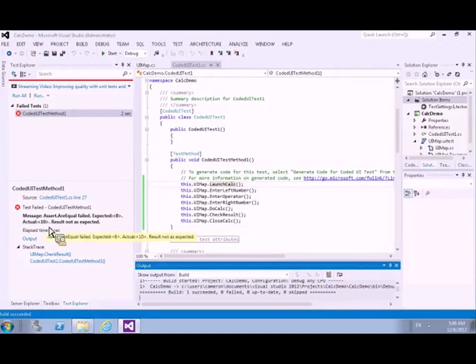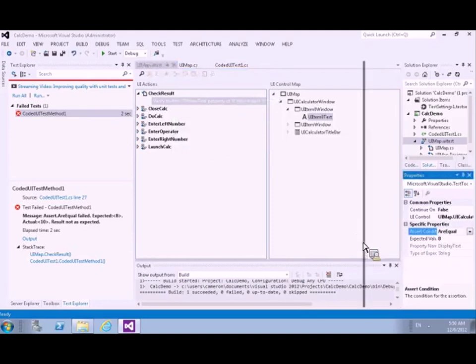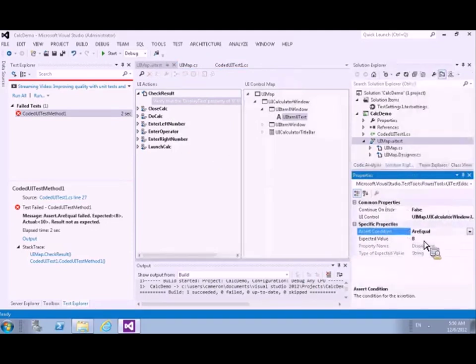Well, I cheated here. I knew I was expecting 10 by multiplying 2 and 5, but I deliberately typed in 2 and 4 just to confuse us all. So if I come over to the UI map file and edit that, under the check result, if I view the properties of this, then over here in the properties window, I've got the expected value field, and I can just change that to the value that is